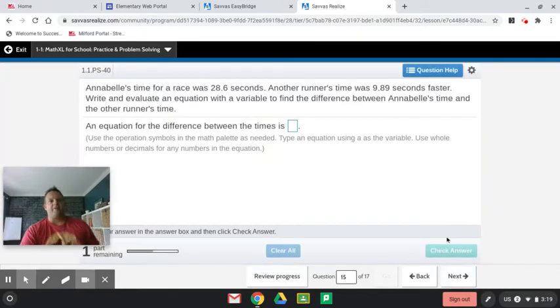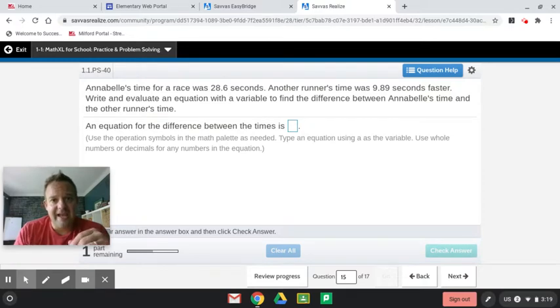Annabelle's time for a race was 28 and 6/10 seconds. Another runner's time was 9 and 89 hundredths of a second. Faster. So it looks like subtraction here. Write and evaluate an equation with a variable to find the difference between Annabelle's time and the other runner's time. An equation for the difference between the times is... So whenever it's saying equation on here, they're wanting an equal